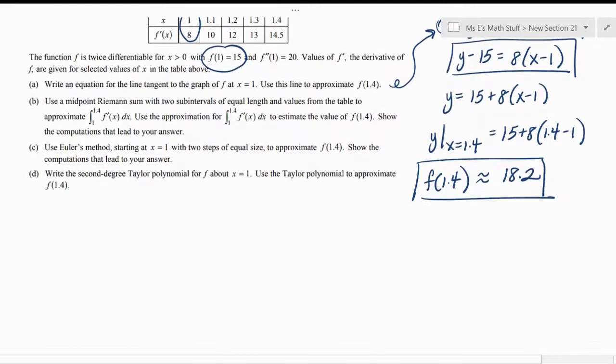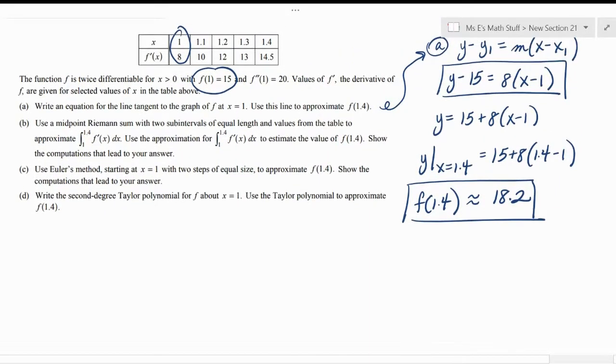Now for part B, use a midpoint Riemann sum with two subintervals of equal length and values from the table to approximate the integral from 1 to 1.4 of f prime of x dx. They want you to use the approximation for that to estimate the value of f of 1.4 and show the computations that lead to the answer. So for something like part B, if you get thrown off by tables, you could always graph the information